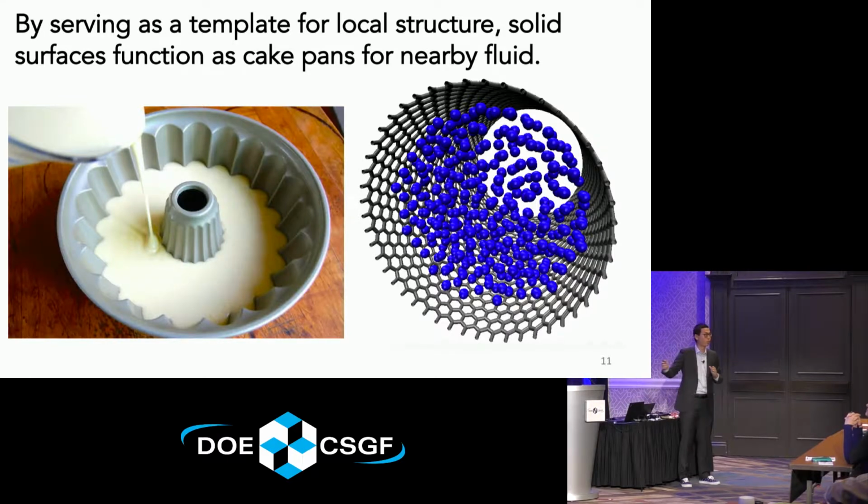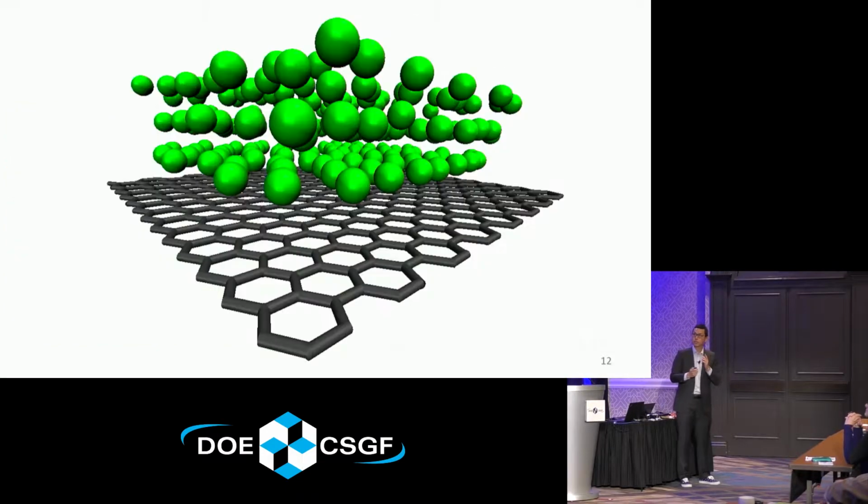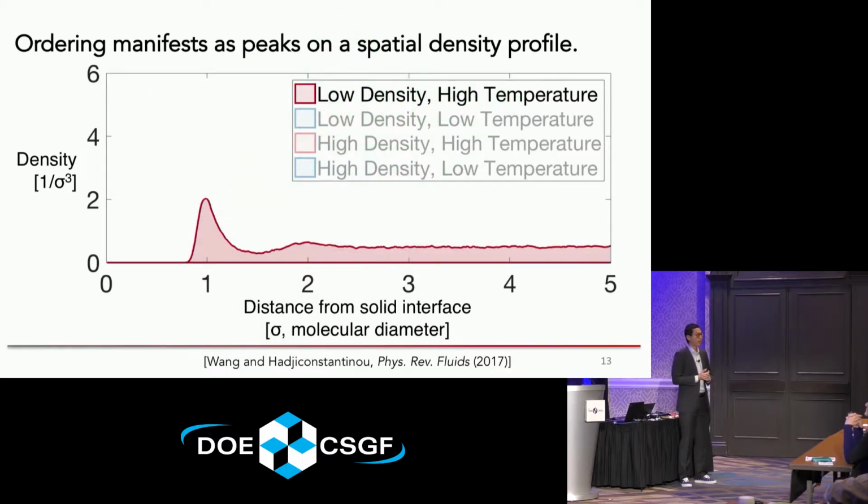The structures that I want to draw your attention to here look like concentric rings of fluid that form near the carbon nanotube wall. This layered structure is very pronounced when you look at a picture like this, which is fluid seemingly stacked in layers at a graphene interface. If we were to look at this layering phenomenon on a plot of the density as you move away from the interface,